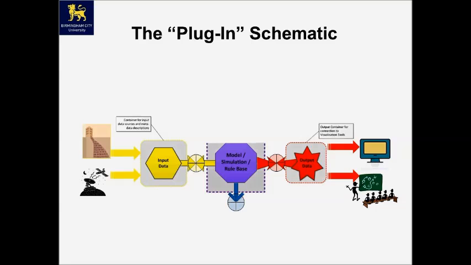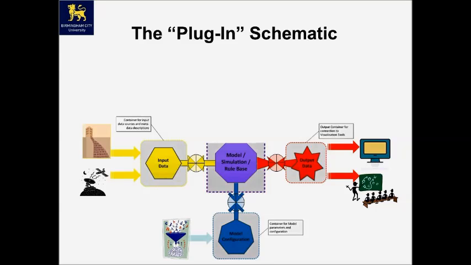We need also to be able to plug into this thing the actual configuration data for the model, not just the raw input data, for example, not just the traffic flows or the air quality, but actually to put in some of the underlying information about the city itself. These could be 3D maps, they could be building models, they could be a variety of different things. But these are effectively fairly static data, which is then augmented by what is sometimes real-time feeds on the input